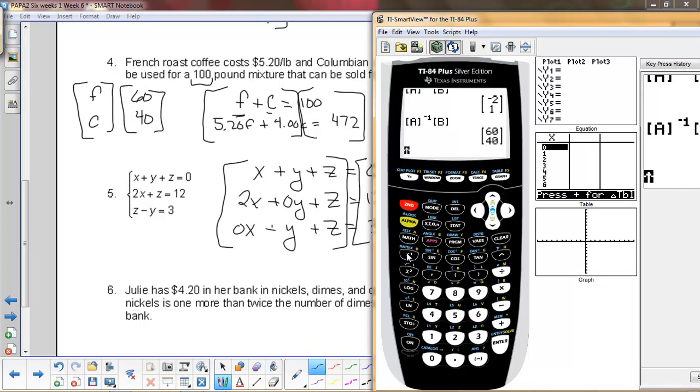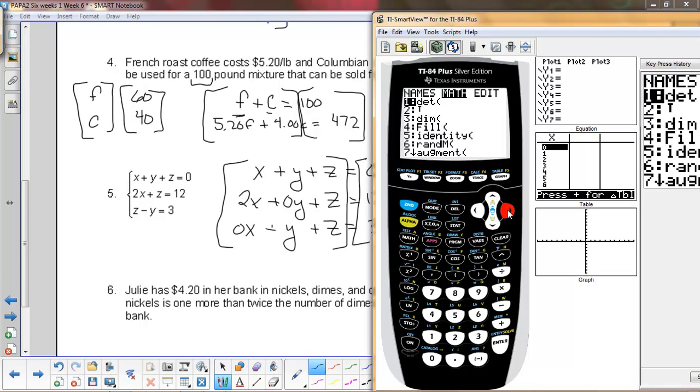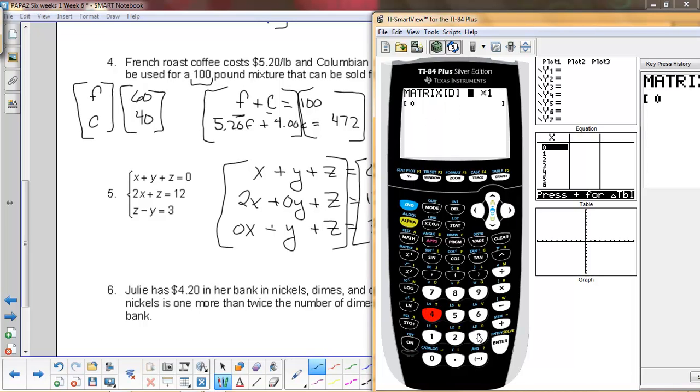And you'll notice that this ends up becoming a process. And I will now edit matrix D, which is a 3 by 1 matrix. And that was going to be 0, 12, and 3. Quit out of the matrix, bring back your previous entry, and